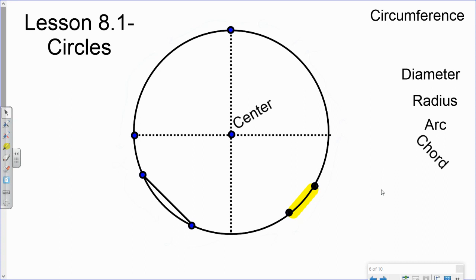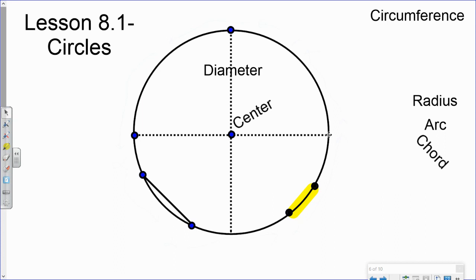Next up in the story, we talked about Lady Di, who came from the town of Ameter. And the diameter is when you go clear across the circle. So maybe from this point all the way down to this point, and you have to go through the center. So this right here is a diameter. I'm going to label that as a diameter. I also see a diameter right here. If we were to go from this point all the way across to the other side,